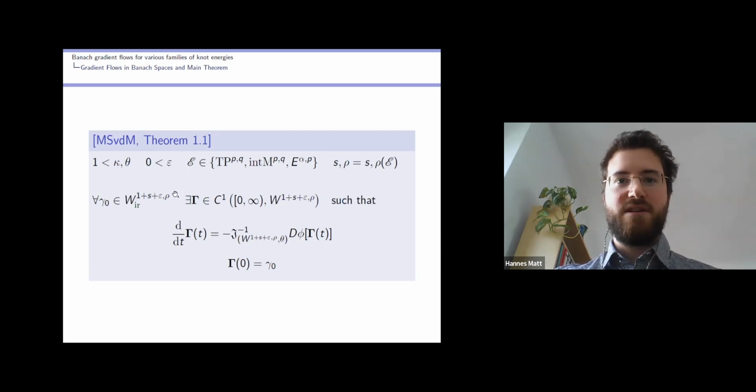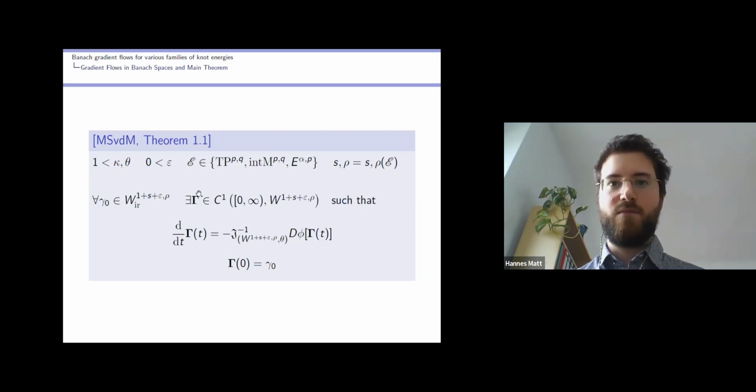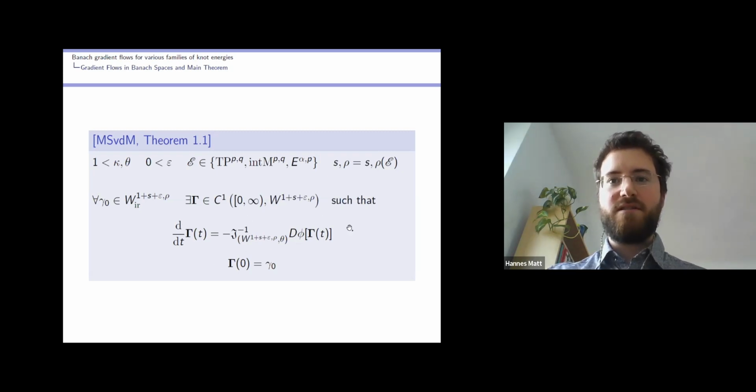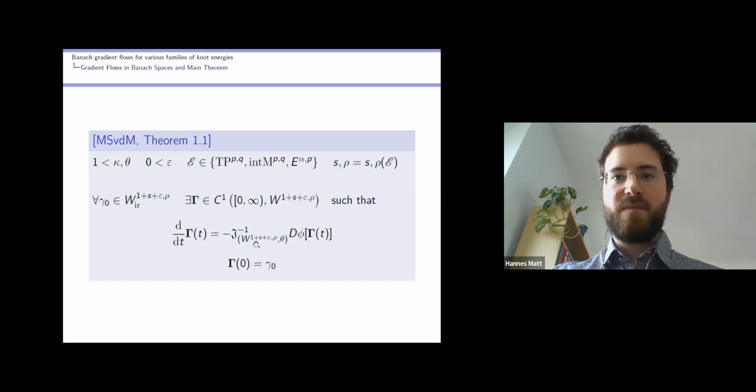So these will just be the energy spaces, which we have seen previously, plus this little epsilon. So for every gamma naught in this space here, there exists a path of curves, this capital Gamma, which is a C1 mapping, which exists for all time and maps into, again, the space here, such that it starts at gamma naught and satisfies this Banach gradient flow equation with this duality mapping with exponent theta, and it can be any theta larger than